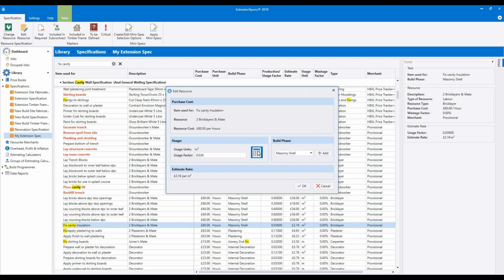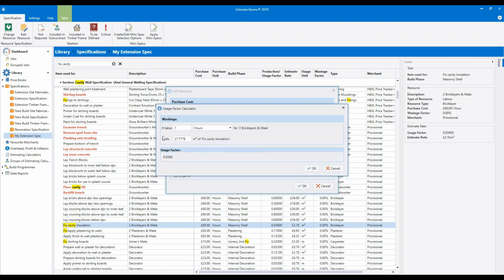If we click on the calculator icon, we can read through the workings out to see what has been allowed for fixing the cavity insulation. It says at the moment it's taking 1 hour for 2 brickies and a mate to fix 27.7778 square meters of cavity insulation. Now that's on the basis that we were using the cavity pack.